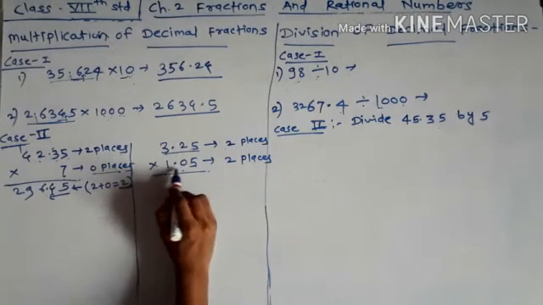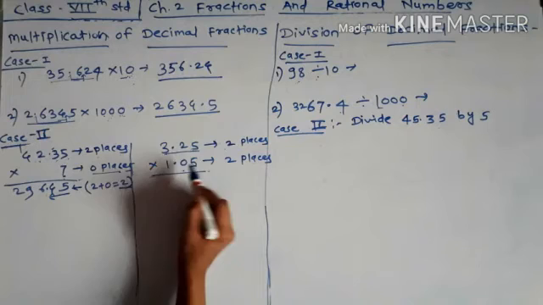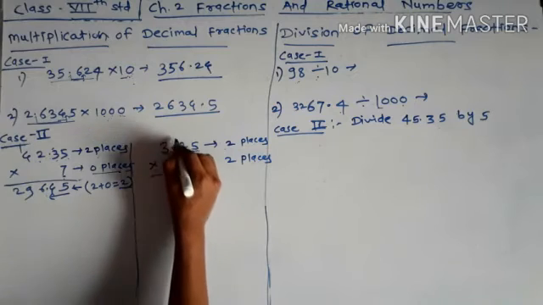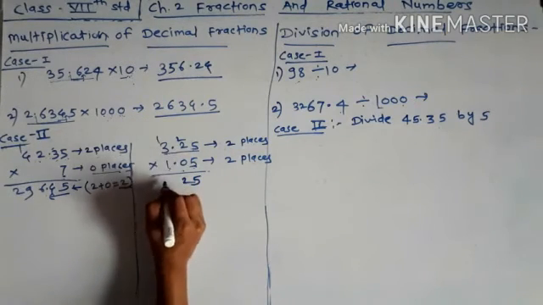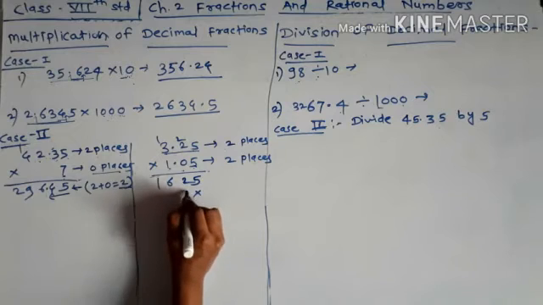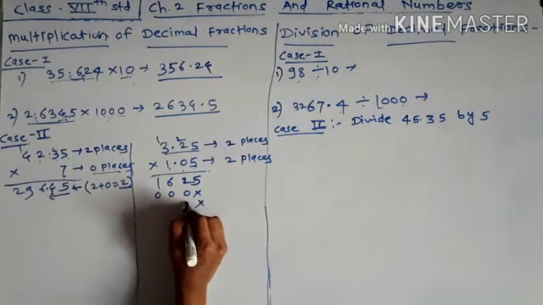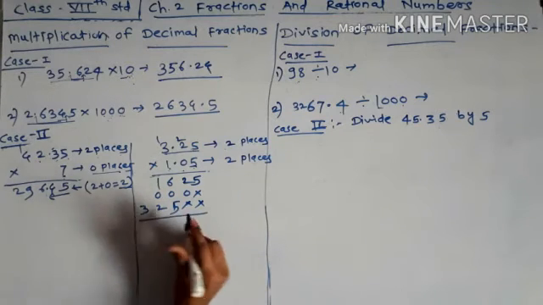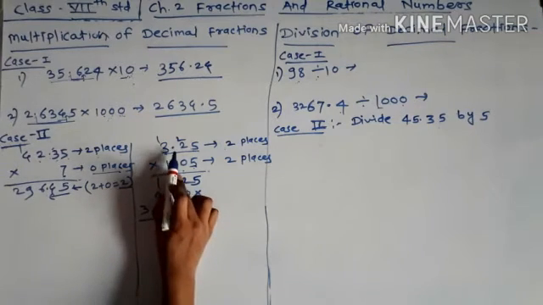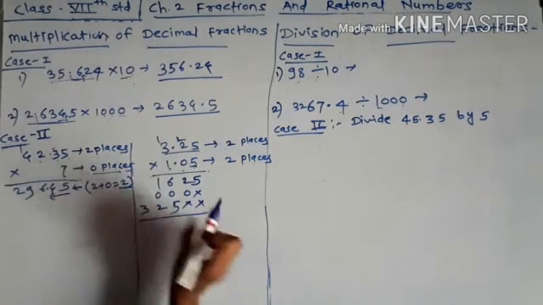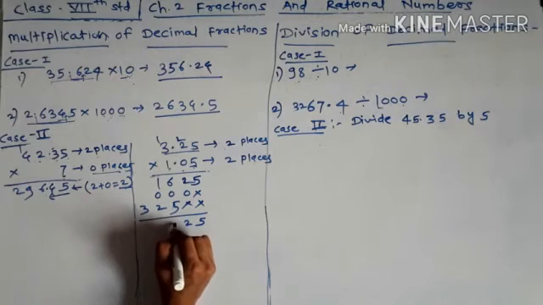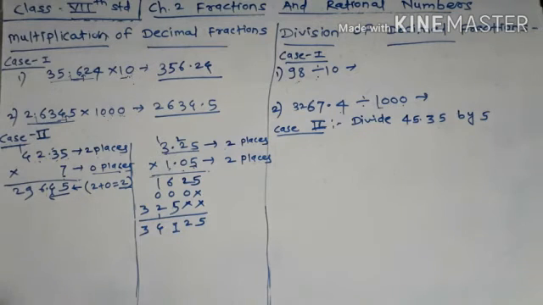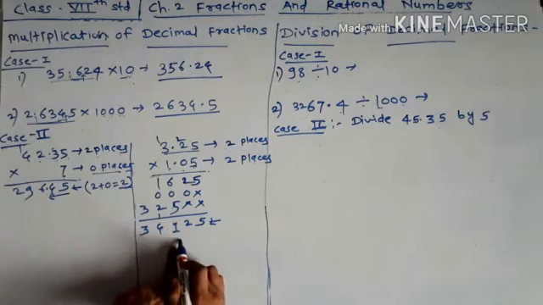So we first multiply this number by this 1 point, that is 105. So we first multiply this, that is 5 5s are 25, 5 is a 10, 12, 5 3s are 15 and 1 is 16, and then multiply this by 0 and then multiply by 1. So here first we multiply this number by 105. So the answer is 2, 11 and 4 and 3. Now in the answer we put the decimal point here.